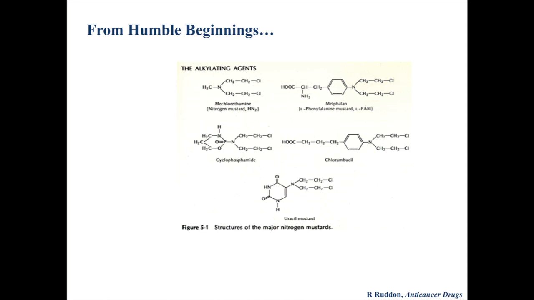From the humble beginnings of a horrible mustard gas, the alkylating agents have resulted in the structure of major nitrogen mustards and the result of different chemotherapies that have resulted in the slowing down of rapidly dividing cells. So the overall suppression of rapidly dividing cells is the outcome of treating with these types of drugs. Owing to the side effects, all rapidly dividing cells in the body are thus affected. So rapidly dividing cells in hair follicles result in the side effect of hair loss, and we can imagine that other rapidly dividing cells within the body are subsequently affected by the systemic treatment of chemotherapy, although this has been an effective treatment